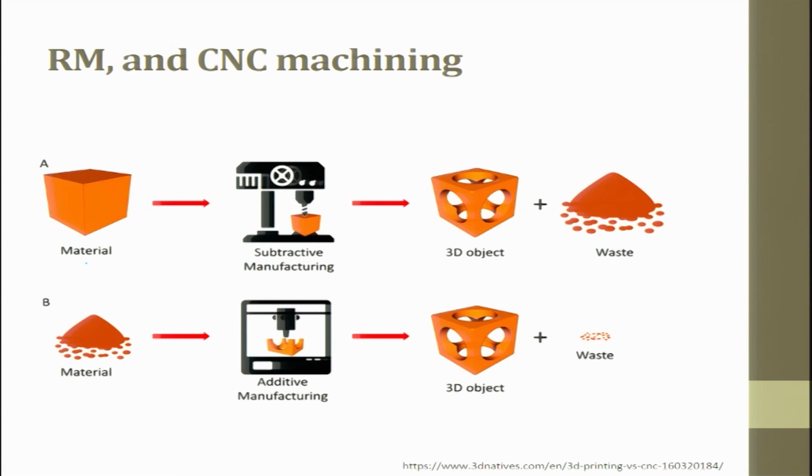So, material, subtractive manufacturing. Subtractive manufacturing is, I have a cube, I remove whatever I do not want and I try to take the rest of the material to my requirement, right. So, here if you see the subtractive process, first of all, for making such a big volume we